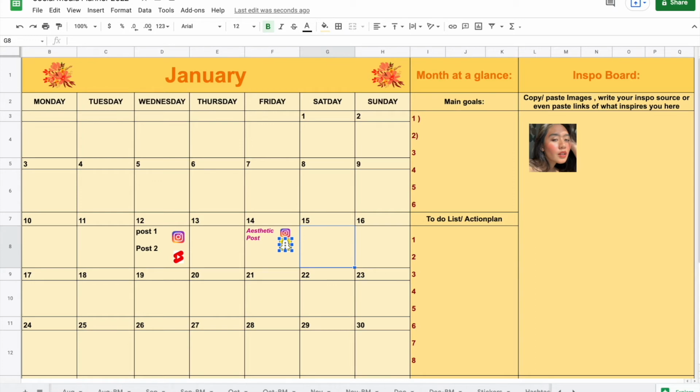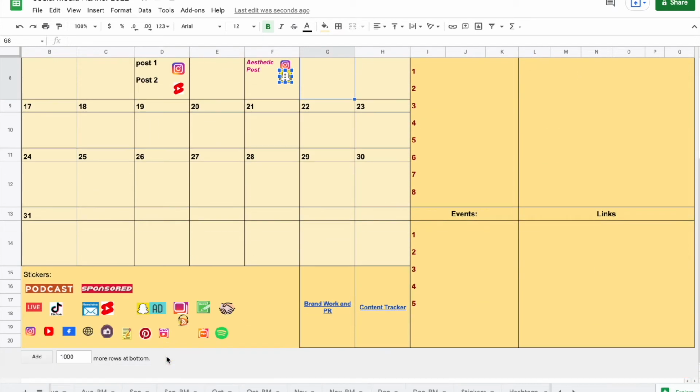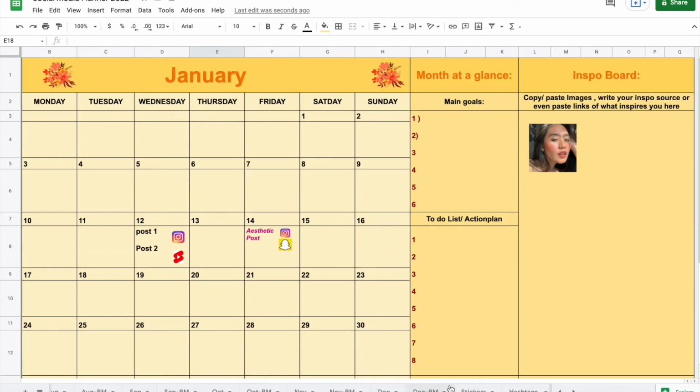Third tip I really wanted to give you, and this is really important, so stick with it. Whenever you're using the monthly tab, sometimes the pictures move here and there. If you like to use stickers, and if you don't like to use stickers, you can delete them, but if you do, I want to tell you that if you don't follow this tip, your stickers might move. So don't go through anything else first.